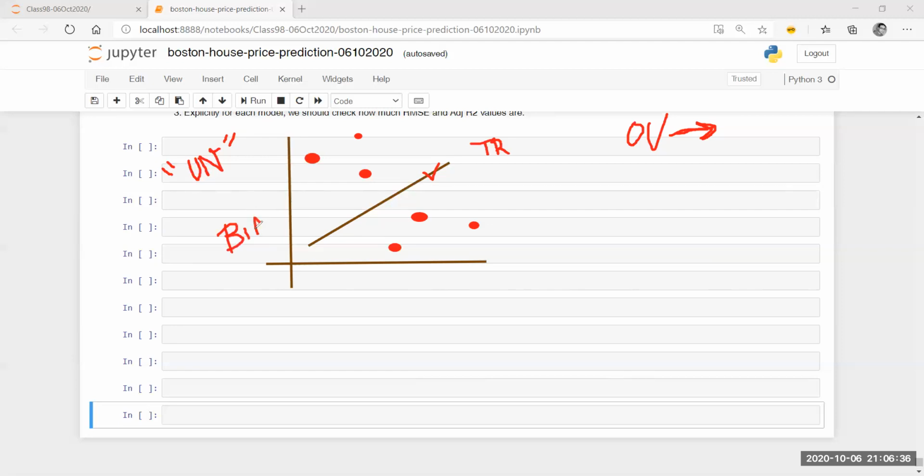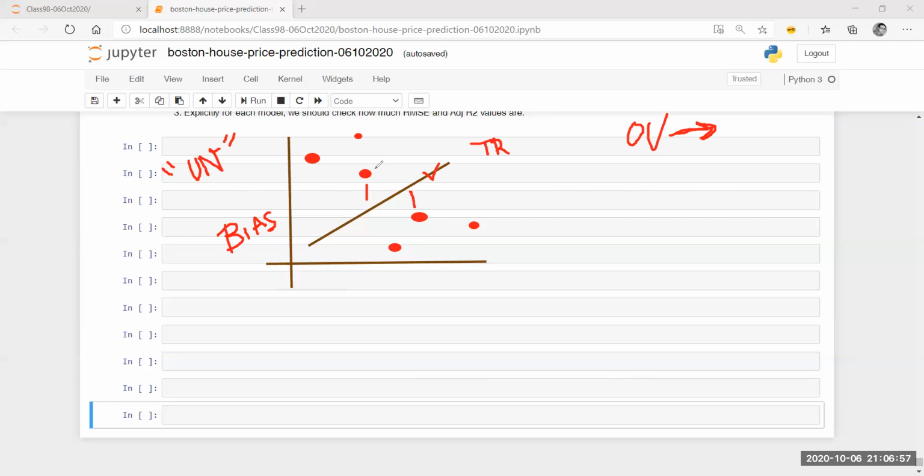Why is this a problem called bias? Because it is biased to certain points and not to all of the points, right? That is one way to look at it. The other way to look at it is that bias, technically or in the mathematical sense, is also similar to the word error.